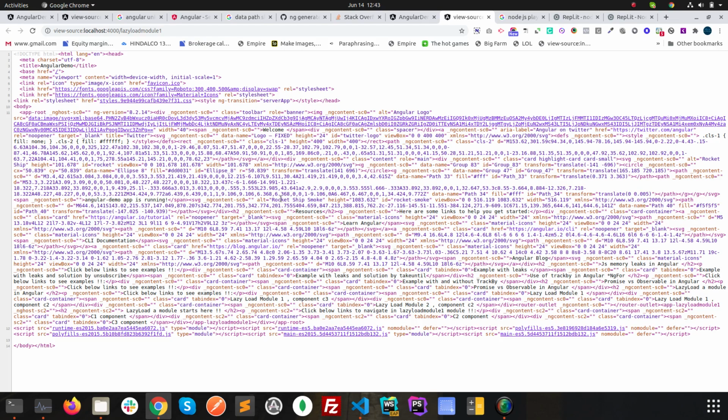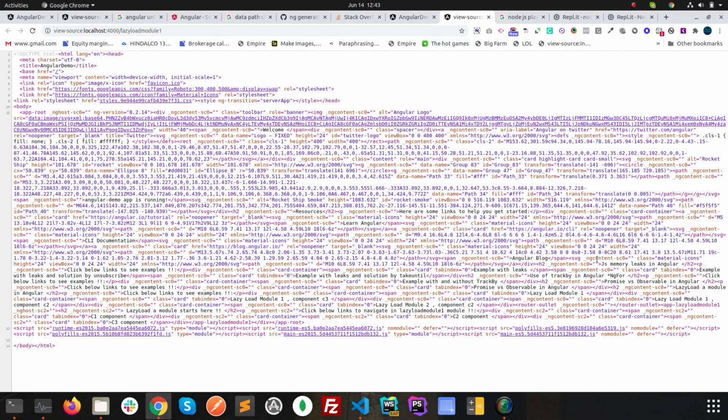But in case of Angular we don't see that. When we are serving an Angular project with server side rendering, we can see the exact HTML and everything in that. And just to let you know, the scripts will be the same. There will not be much change in the scripts.